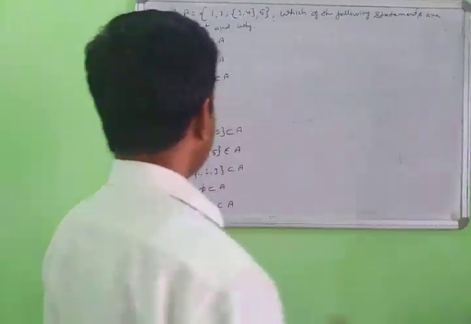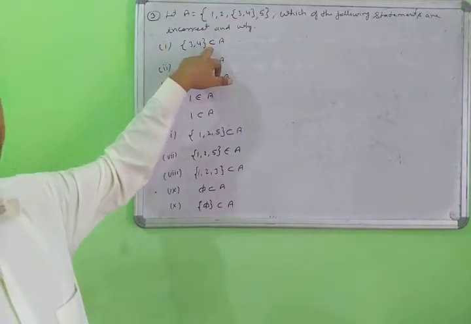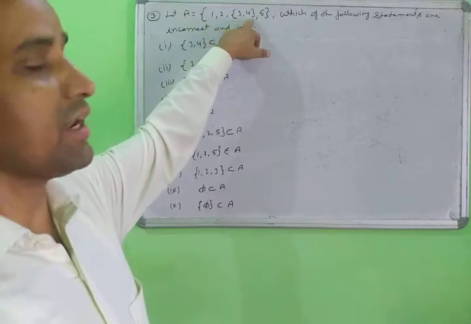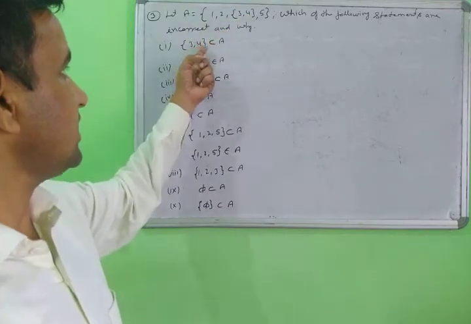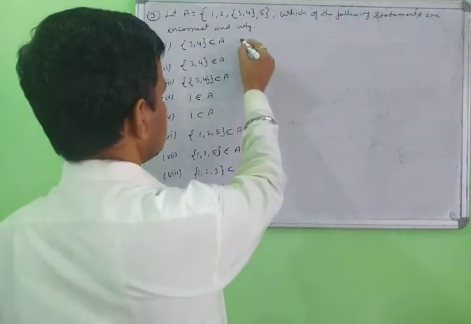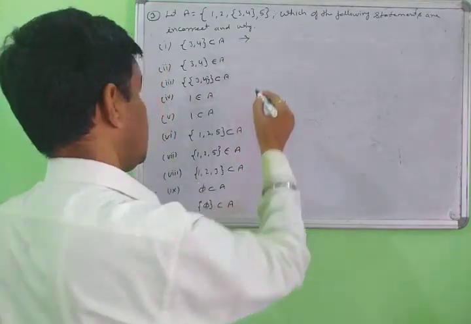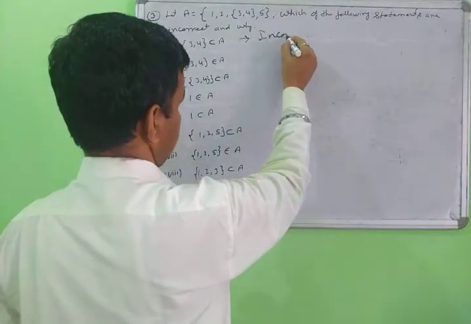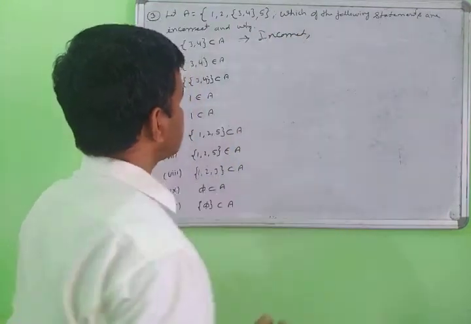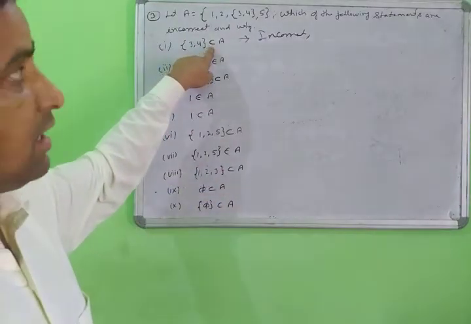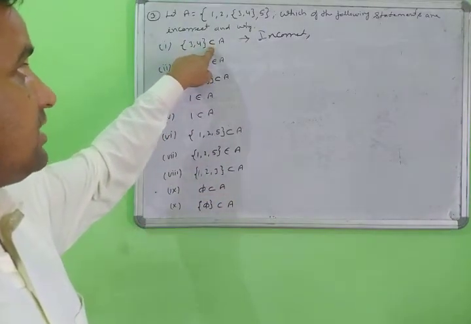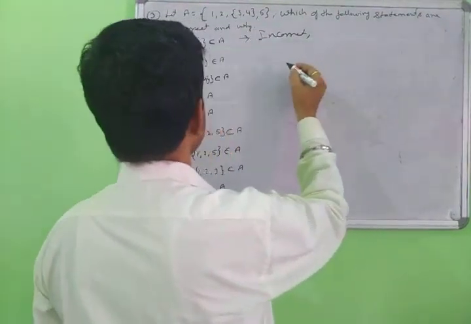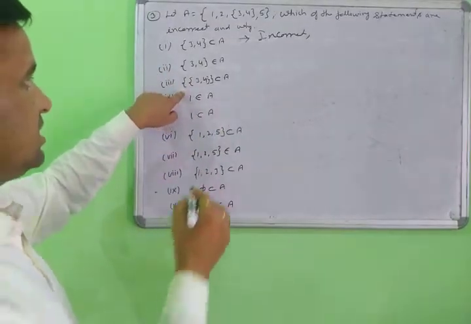First point. Here is the subset symbol. The {3, 4} already is one element, 3, 4. So this represents an element. It means this answer is incorrect. Why is it incorrect? Because you are writing the subset sign and you are only using the element. So how do we correct it? This form is the correct one.